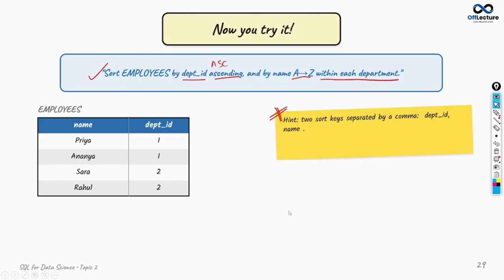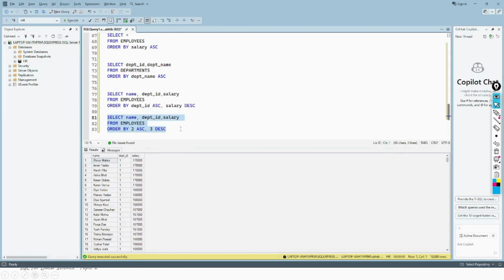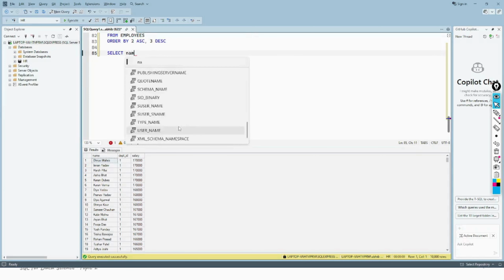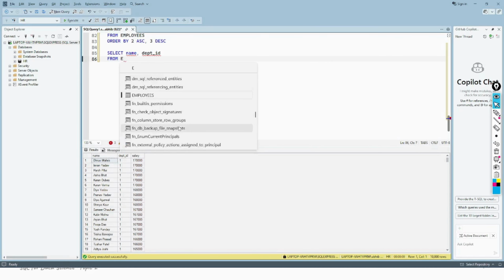Okay. So the solution will be select name comma department ID from employees, order by department ID in ascending order and name also in ascending order, because we want from A to Z. So let's try this out also in the SQL. We will write select, and first we will write name comma department ID from employees